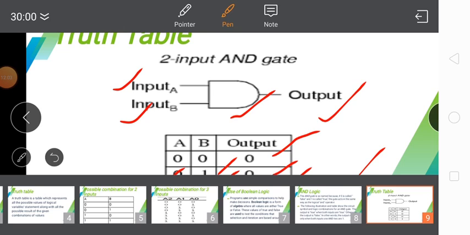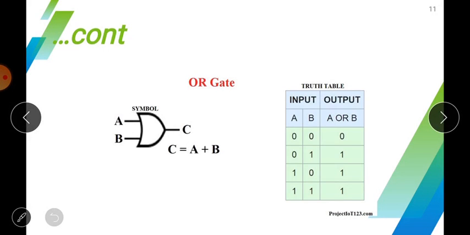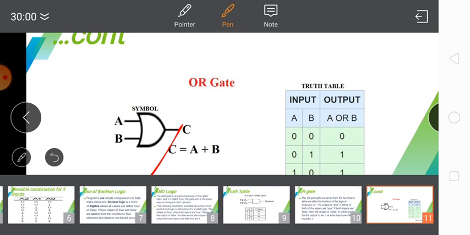Now moving forward, the next gate we have is the OR gate. OR means the first one or the second one, as its name implies, and we also use OR in our daily life. So OR means when any of the two conditions is true, then you will get the output true. This is also a binary operation or binary logic, and this gate is used in logic circuits. The symbol of the OR gate is given here in this form, with inputs A and B, and finally an output named C.